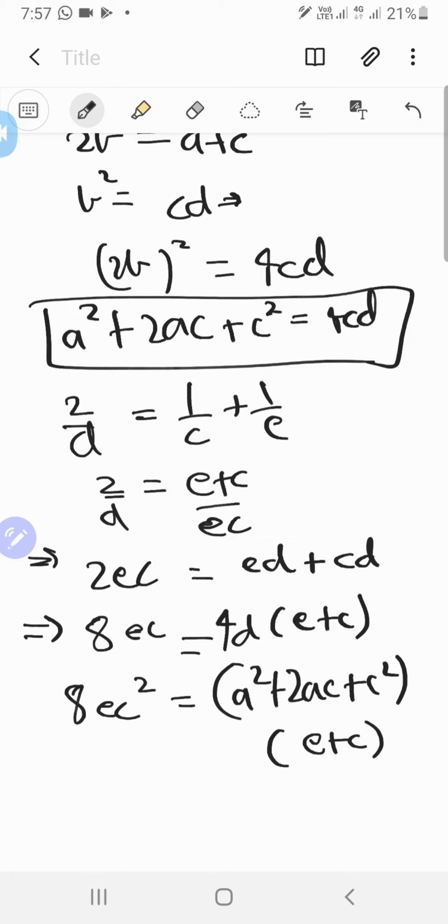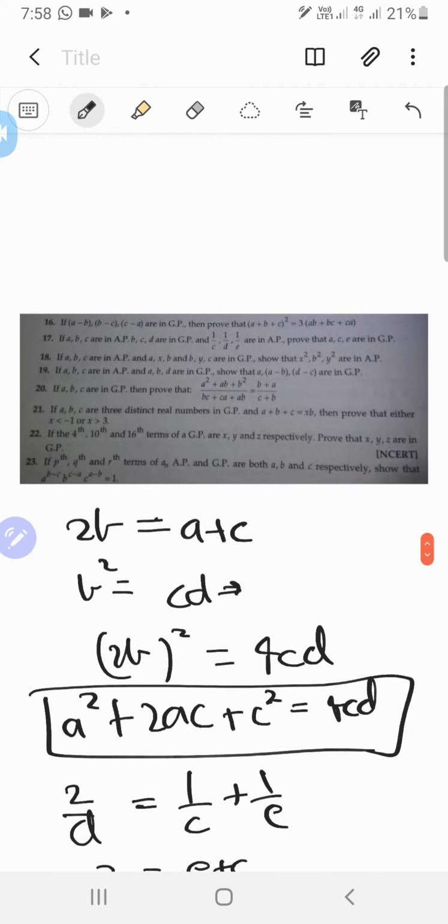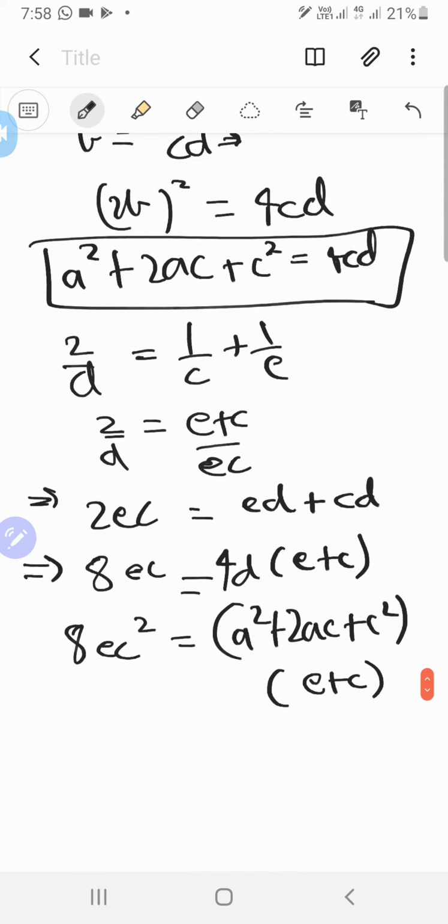So we will get more E squared, C squared over there, and a lot of weird stuff. I think we are going in the right direction. Yeah, it looks like that. So we now do have a direct connection between A, C and E, but okay, let's see what we get from this. So we'll get 8EC squared is equals to A squared E plus 2AEC. Oh god, this is messed up. We need some other way out of it. Oh, this is supposed to be E plus C.